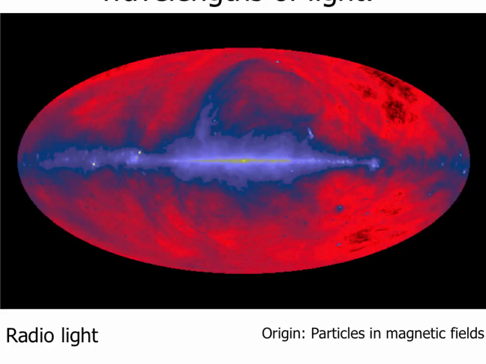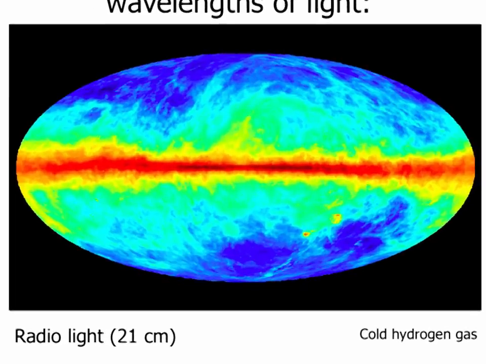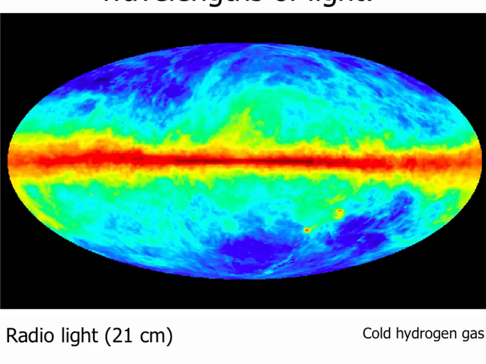This map shows the Milky Way in a very particular wavelength of radio light, and that wavelength is 21 centimeters. At 21 centimeters, cold hydrogen gas is very good at emitting light. So when we look at the galaxy in this wavelength, we are seeing where there is hydrogen gas, and since hydrogen is what can make up new stars in our galaxy, we can tell where there may be new stars forming. And again, you see here in this particular picture, dark red means lots of radio waves,